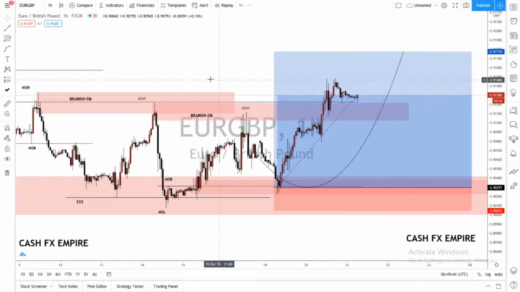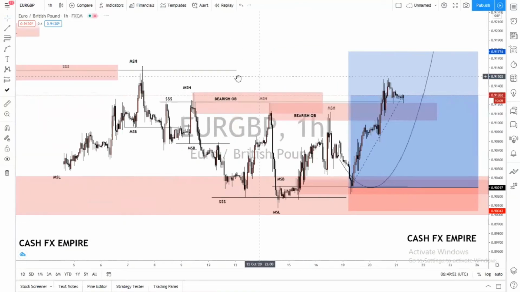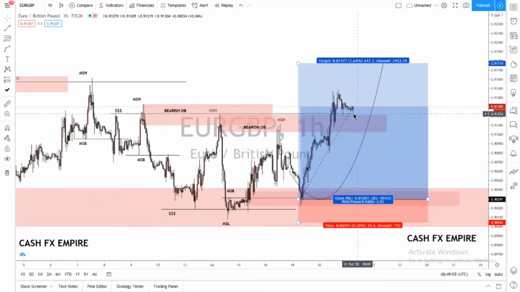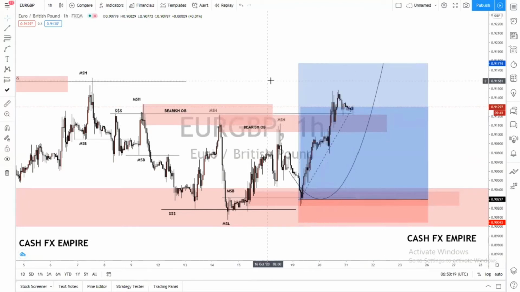So I'm trying to seek opportunities. I don't trade anyhow. I trade setups that are confirmed. I need to confirm my trades in everything that I'm doing. So for now, I'm looking for a very clean setup, but this also is a setup like ICT says. One of its setups is an immediate return to an order block. If that order block is a very guaranteed one, that's a very good signal to either buy off from or sell off from. We buy inside an order block for it to come out, and then we sell inside an order block if we were to attack downside liquidity. So that's what we're anticipating on EURGBP.